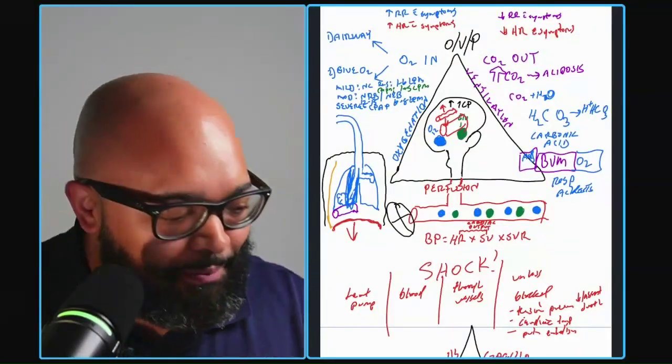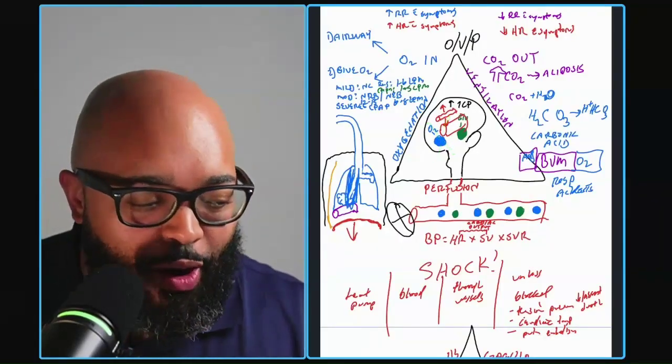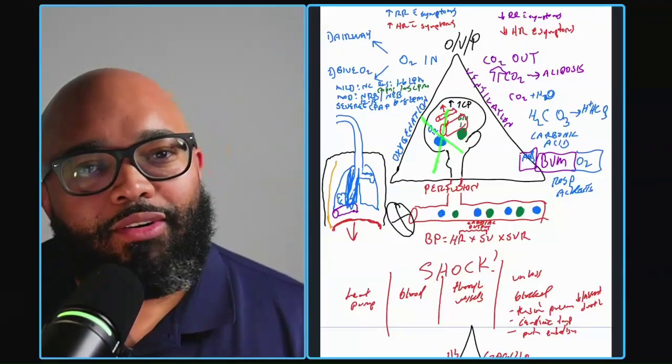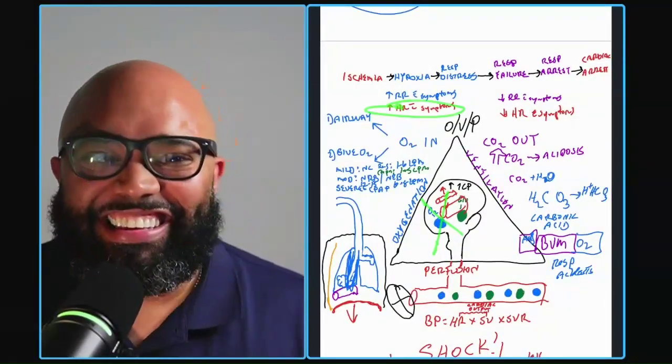So this was a house fire with carbon monoxide poisoning. I don't have oxygen. What's going to happen to the heart rate if I don't have enough oxygen? It's going to increase. We're going to have increased heart rate with symptoms. What happens to the respiratory rate in carbon monoxide poisoning? This is going to increase. We got increased respiratory rate.